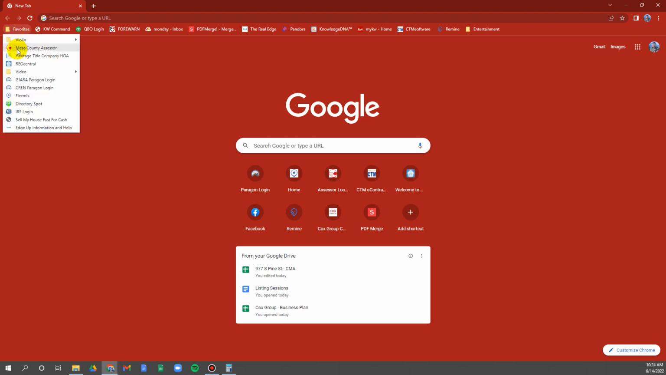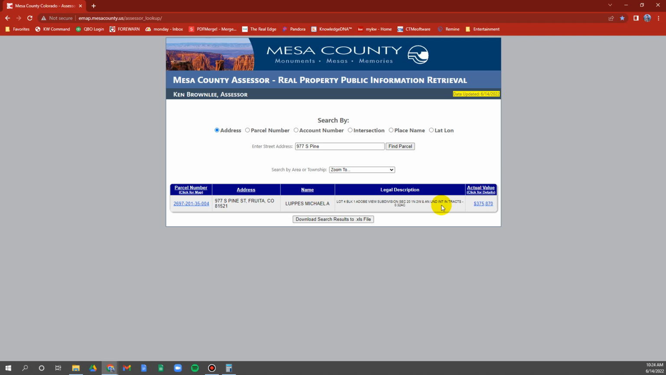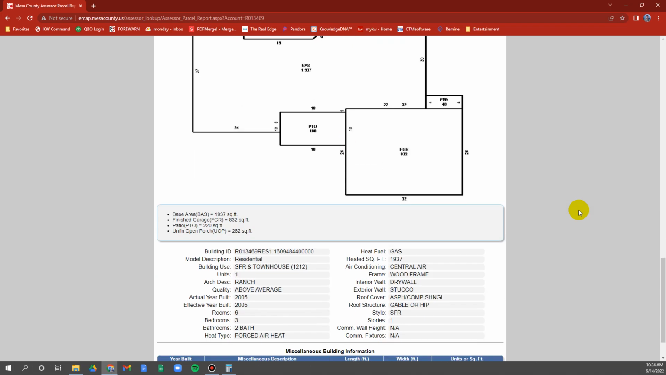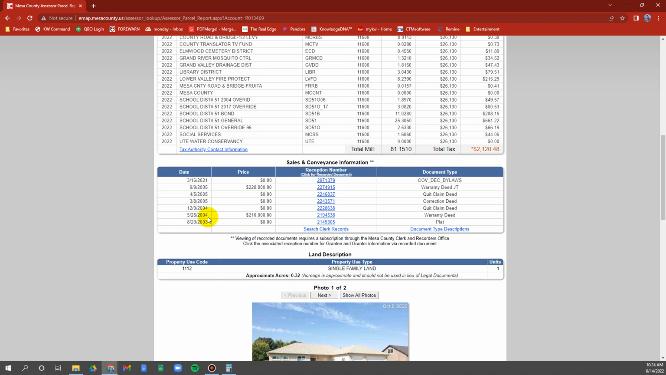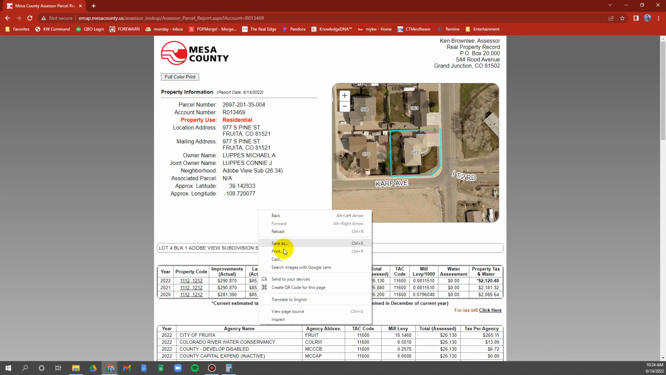So first thing we do, we're going to go to the assessor. The second thing, I guess, we already did that other thing. We're going to look up 977 Pine Street and pull the tax card on it. They paid $288 for it in 2005. All right. We're going to go printer-friendly version, and we're going to go print,